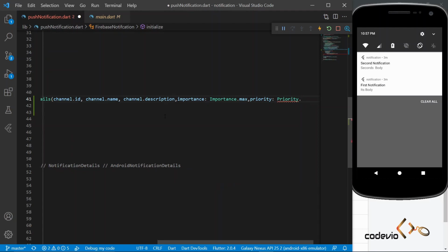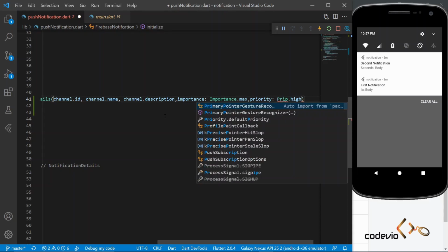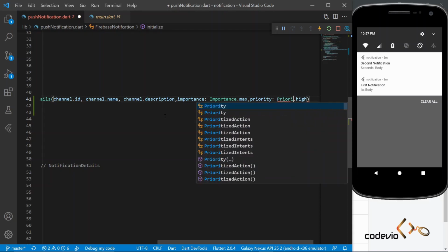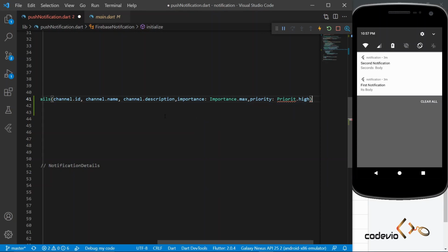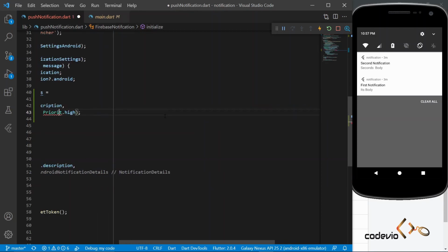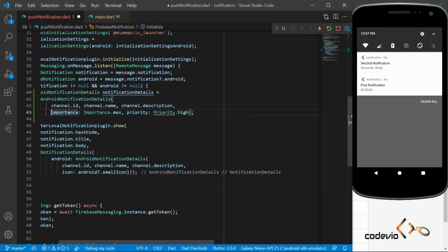Okay, then, let me look at what went wrong here. We need to import that variable here.